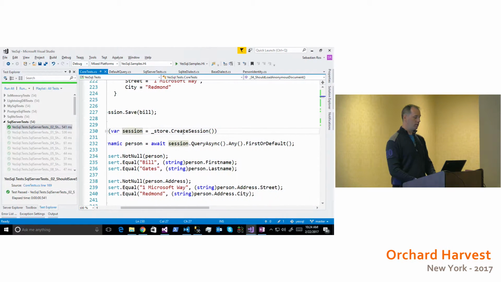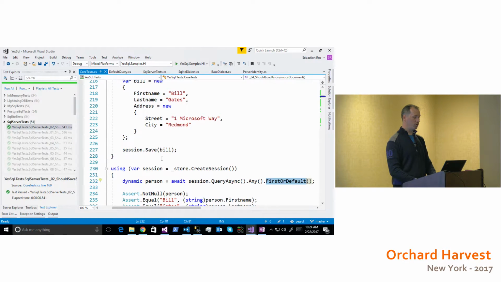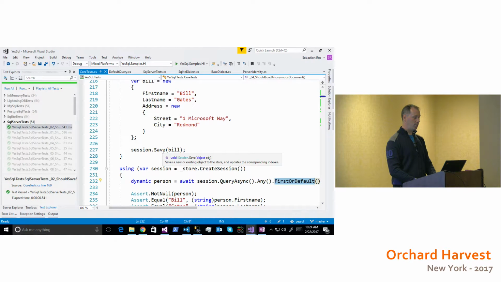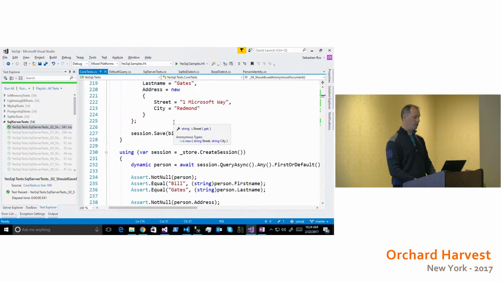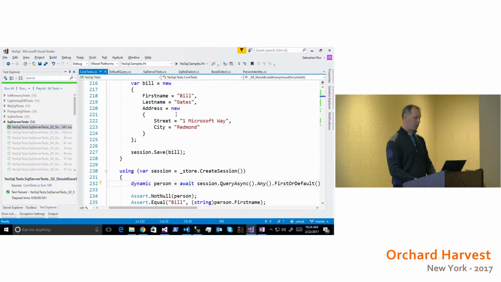And here, on the session, you can do query async and say any to filter any type, like give me anything, any type, and first or default. And because we only saved one object, we expect this object to be returned. Okay, and because it's an anonymous object, I'm loading it as a dynamic object. I don't know the type, so I'm just getting a dynamic object. And here the test just says, okay, we need the first name to be Bill Gates and the address. Because this object has first name, last name, address, so if I run it,